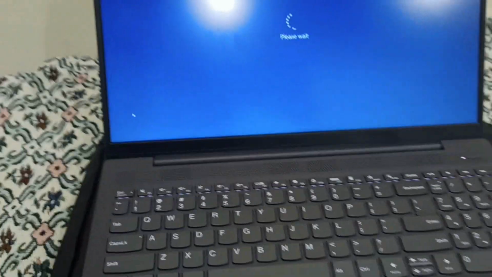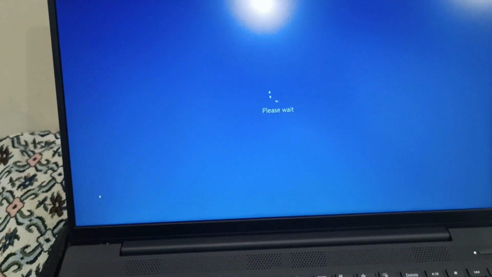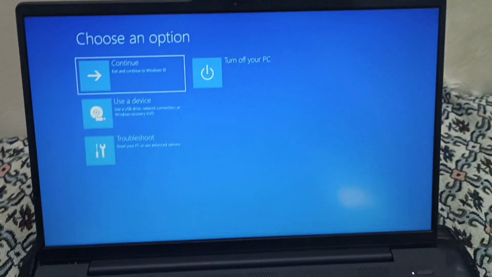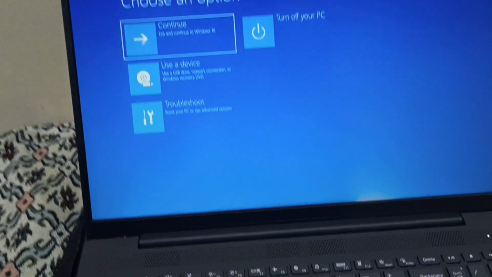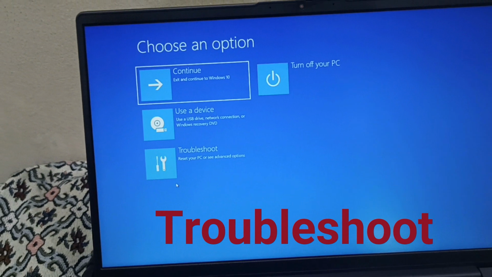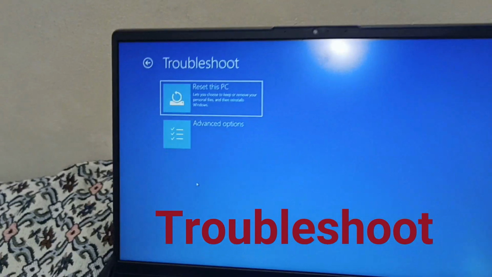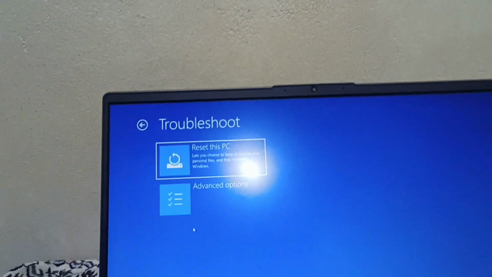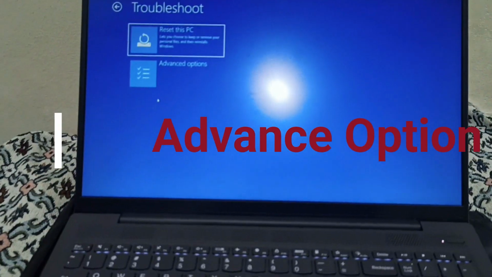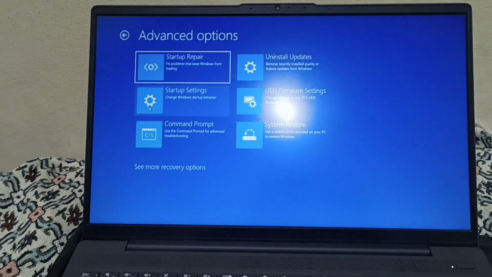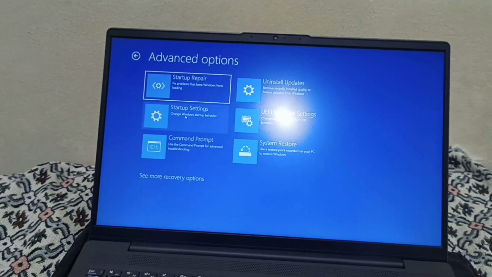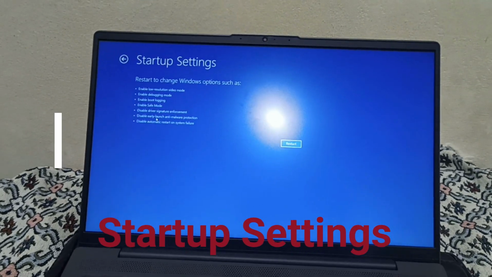So now you will see that various options will be showing to us here. After the restart, these options are showing to me. Okay, so go to troubleshoot, and inside the troubleshoot, go to the advanced option here. Advanced option, and inside the advanced option you need to go to the startup settings, this one, and inside the